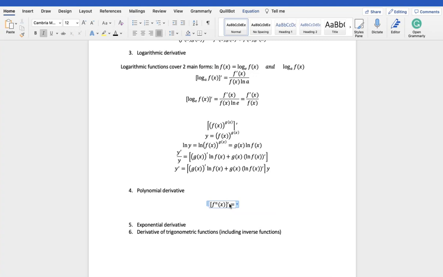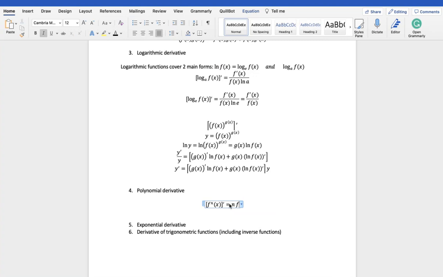So basically, a function f of x raised to some constant n, where n is greater than 0, the general rule tells us that what you do is you take down the exponent, which is n, you multiply that exponent with the derivative of the function,